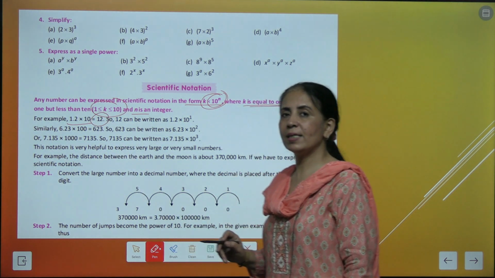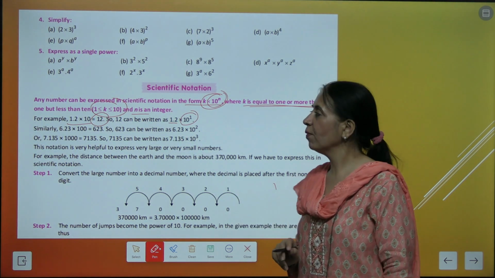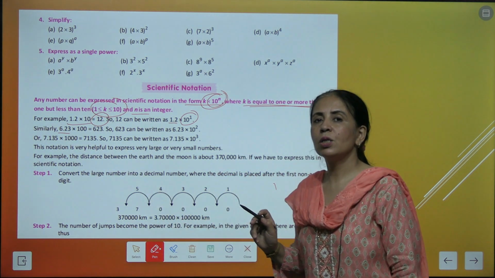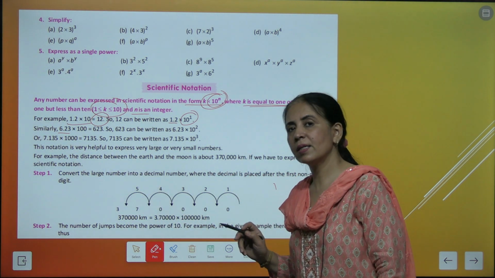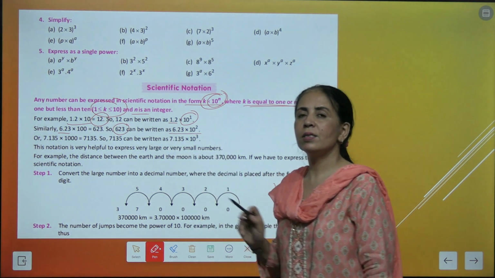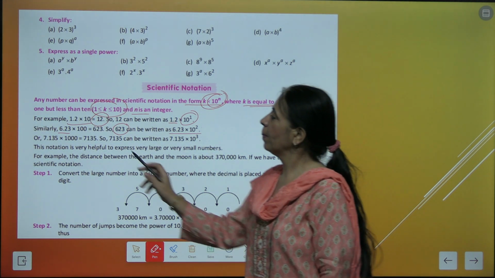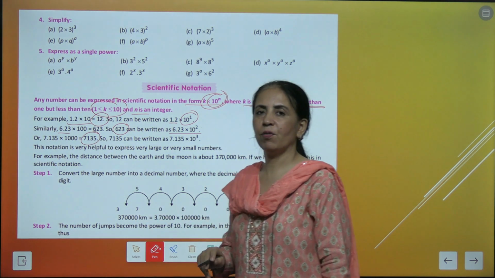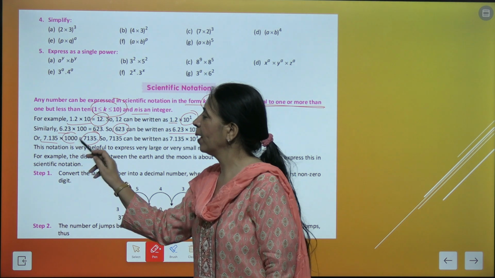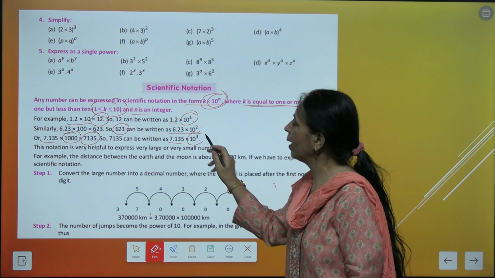तो हम 12 को कैसे लिख सकते हैं? 1.2 multiply 10 raised to the power 1. Let's take another number. हमारे पास एक नंबर है 6.23. इसको अगर 100 से मल्टीप्लाई करेंगे ये 623 हो जाएगा और 623 को लिखने का मेथड है 6.23 multiply 10 raised to the power 2. अब हमने नंबर लिया 7135. हम इसको लिख सकते हैं 7.135 multiply 1000 या हम इसको लिख सकते हैं 7.135 multiply 10 raised to